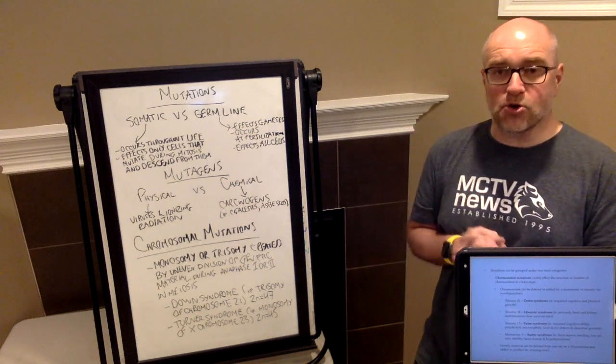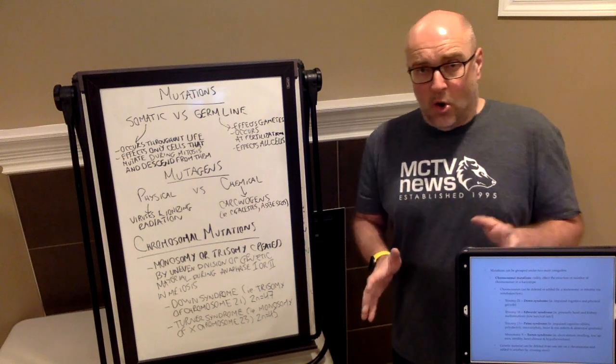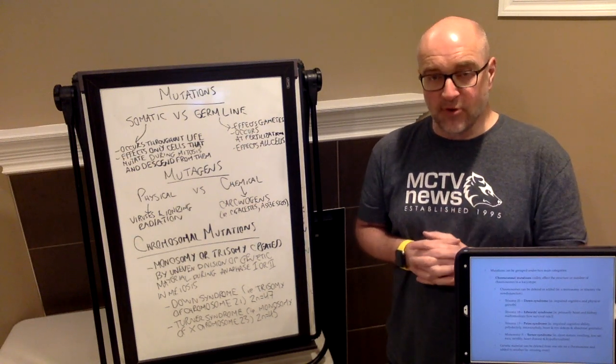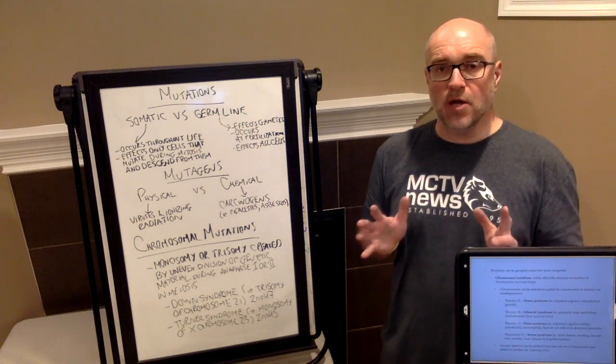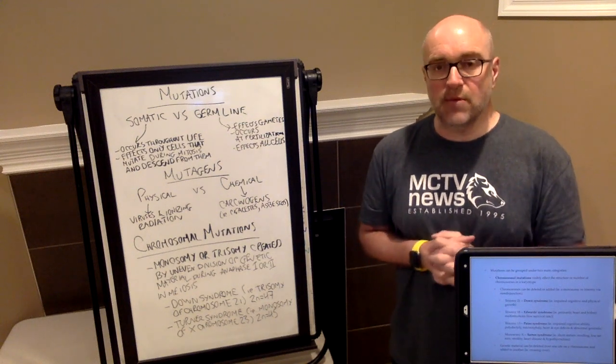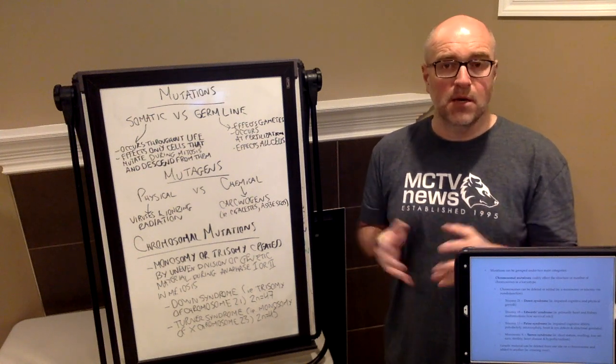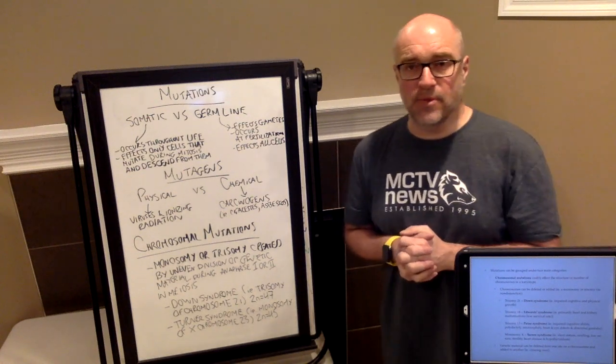You can have what are called chromosomal mutations, or you can have point mutations. And I'll discuss chromosomal mutations first. Chromosomal mutations are a little more serious, because you're dealing with either deleting or adding extra chromosomes. So in the case of a human, we know that our diploid number in a human cell is going to be